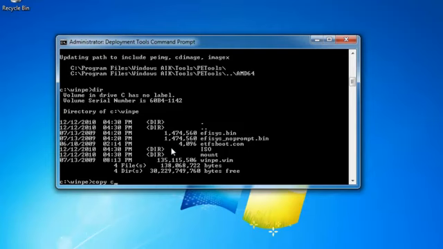So I want to copy C:\winpe\winpe.wim and place it in the C:\winpe\ISO\sources folder, and I want to call it boot.wim as its final destination name. So I'm going to hit enter, and I've now copied winpe.wim into my ISO sources folder, and I've called it